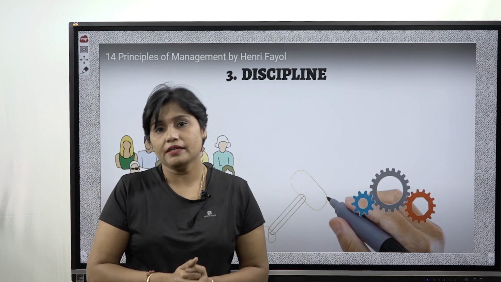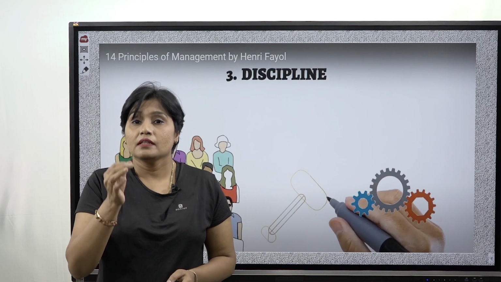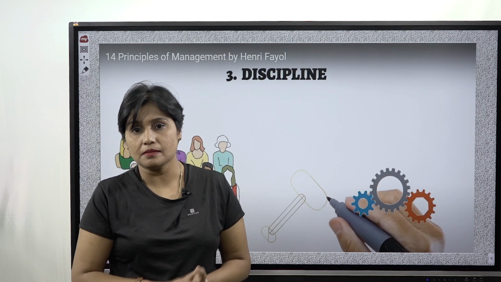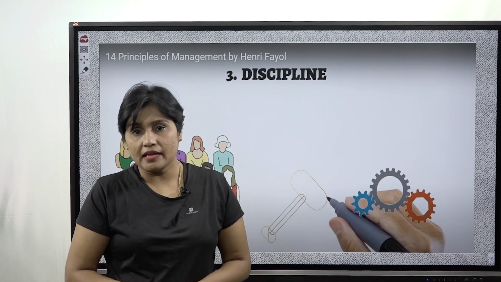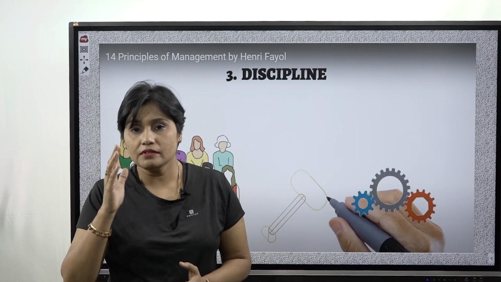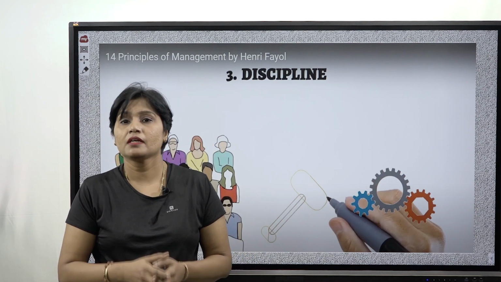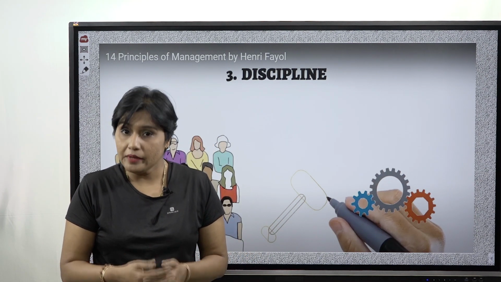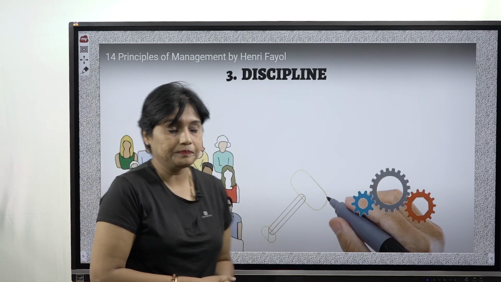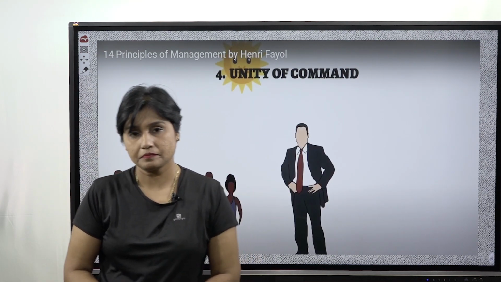Now, what is the discipline here? Discipline is that the workers must work, they must be committed and without any expectation. That is the discipline. And what is the role from the management side? They should keep up the word and then they have to increase the salary after 3 months, and that is the discipline. Now, to summarize, discipline means being very obedient and also to follow the rules and regulations of the organization.